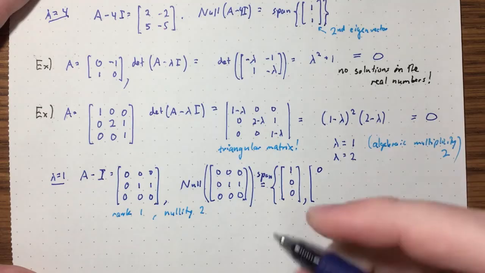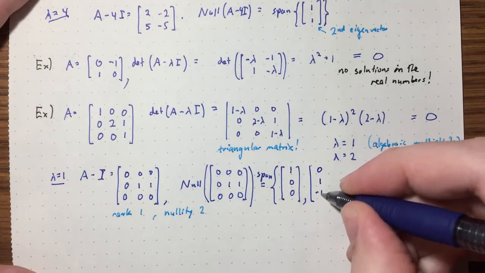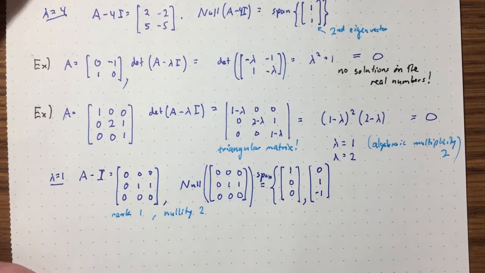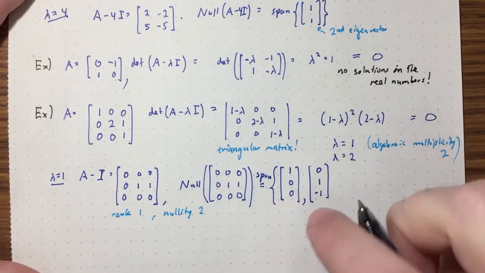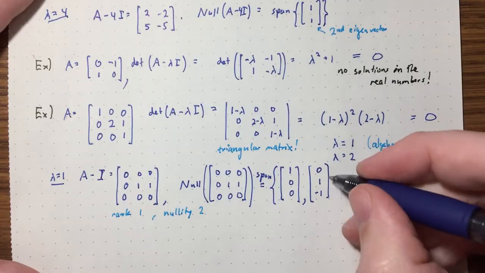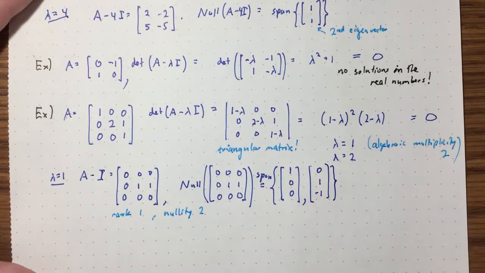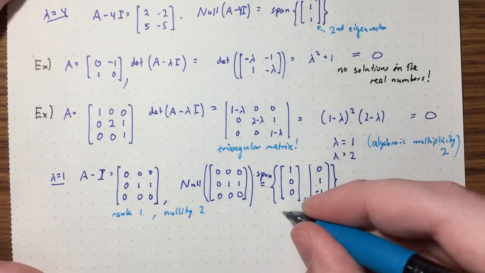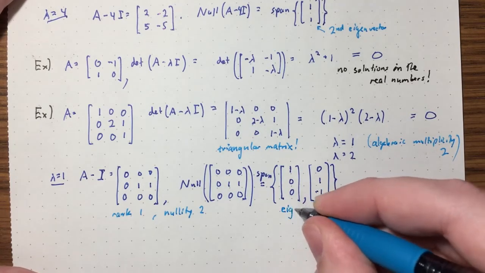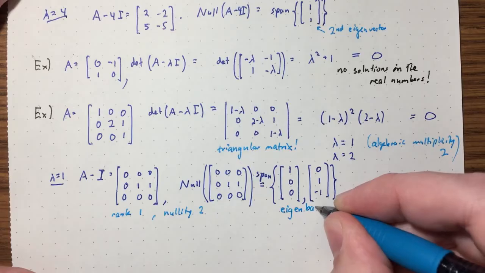Sure. I'll take none of the first column, 1 of the second column, and minus 1 of the third column. Okay, so that's going to be in a null space. These are linearly dependent, and I have 2 of them, so these span a null space. This is a basis for the null space. In fact, sometimes you even hear the word eigenbasis. This is an eigenbasis